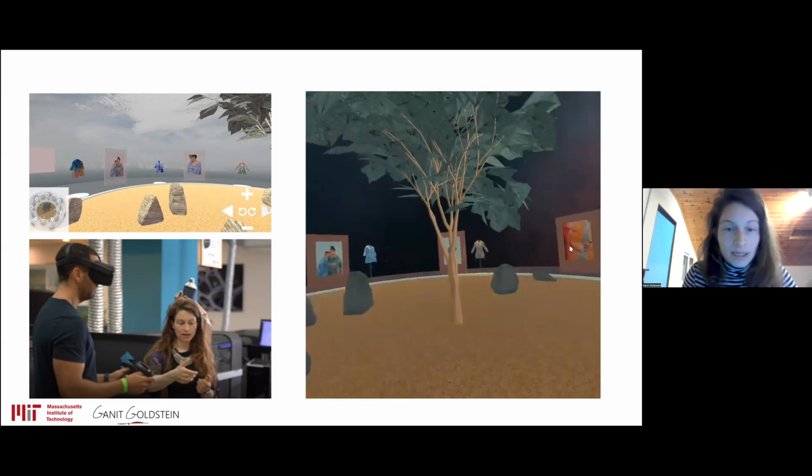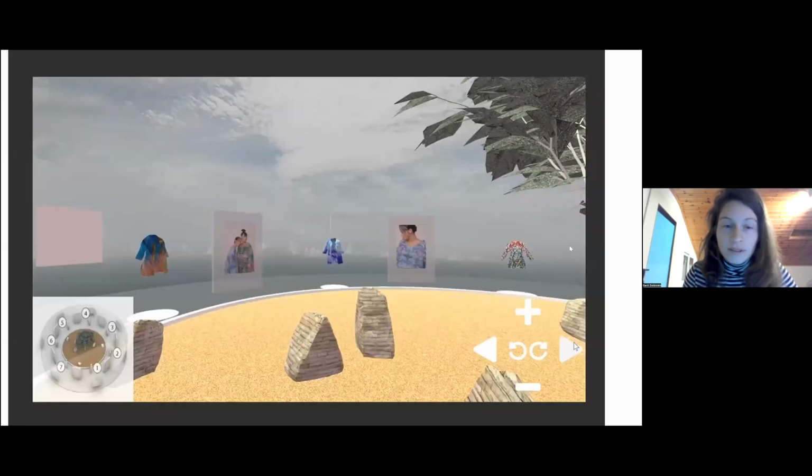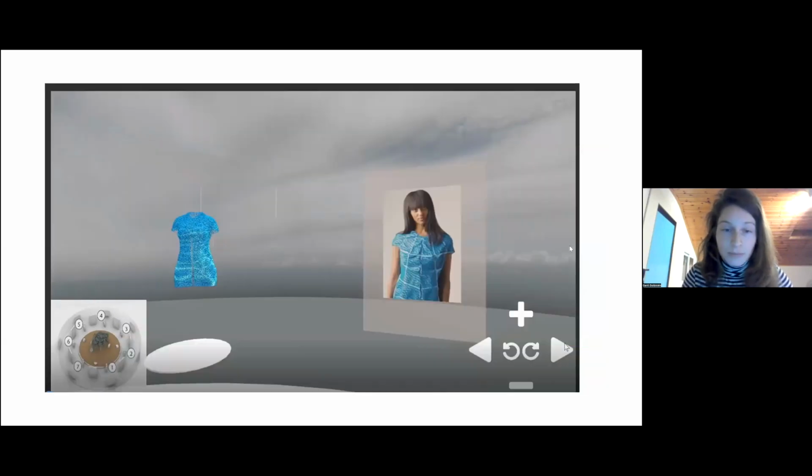So that was also thinking about the experience through textiles and through the medium of three-dimensional garments, but also about how in the virtual space we can design experiences and present in a different way.